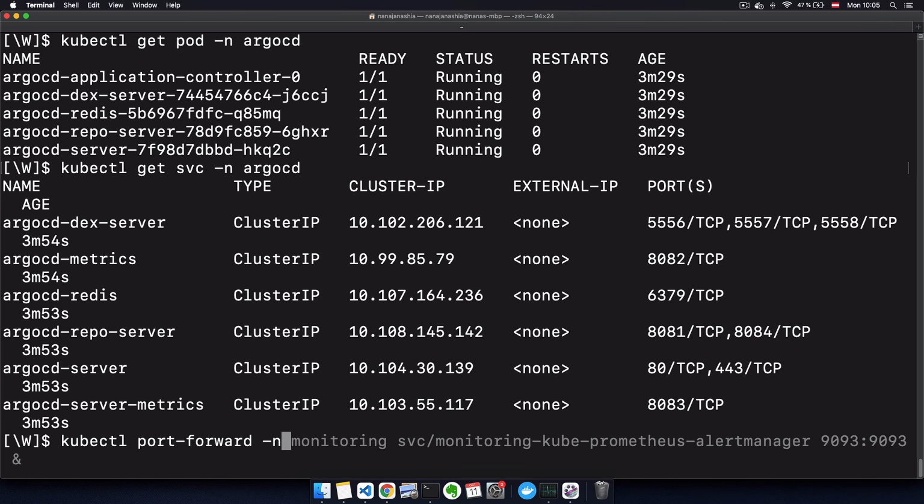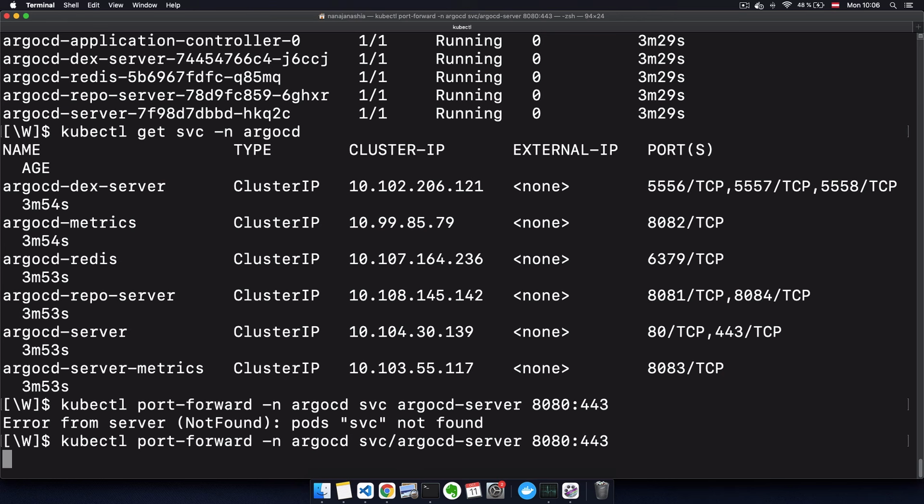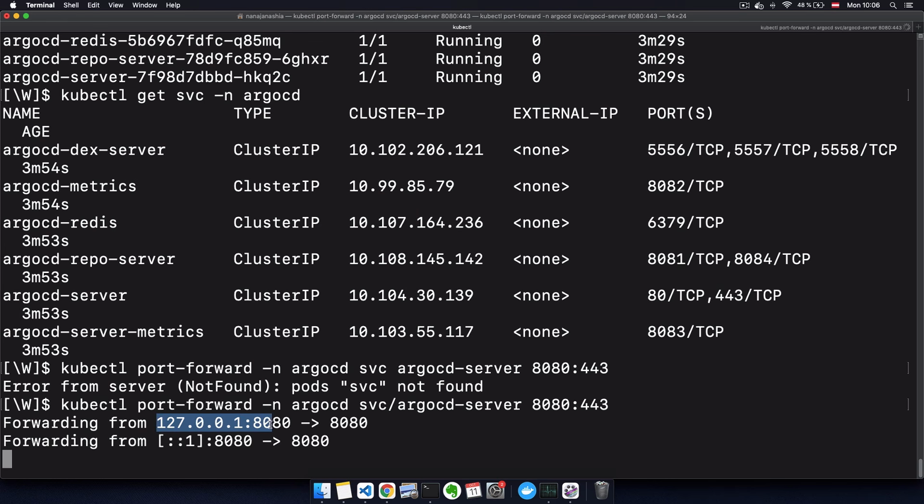Port forward, let's not forget the ArgoCD namespace. We're going to port forward a service, ArgoCD server, and make it available locally on port 8080. So forward the service requests on this port to localhost port 8080. And let's execute, like this. And now if I grab that URL,